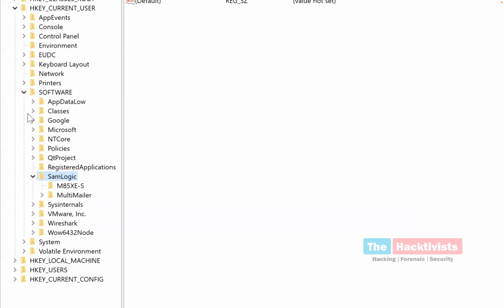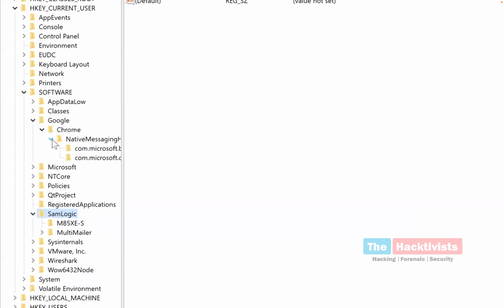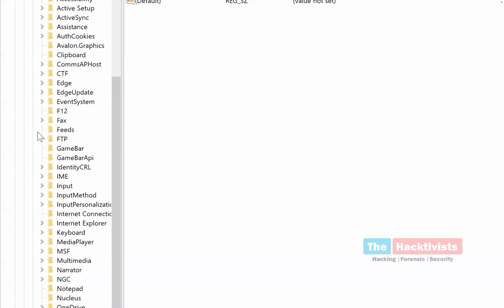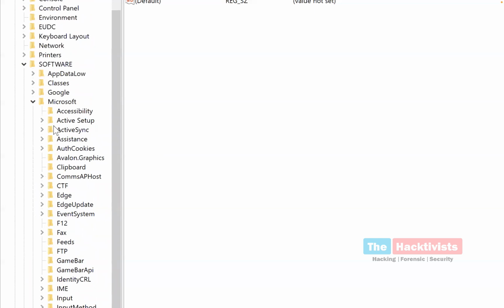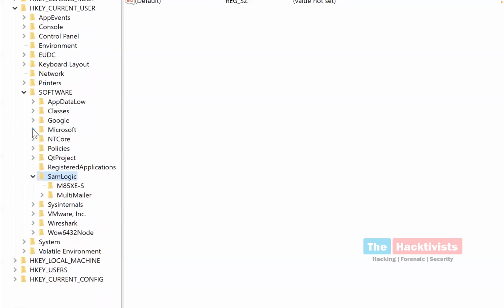So basically if you see Google Chrome, there are multiple things, one folder, subfolder, and then multiple things. Likewise there might be loads of folders which might be available. Here you can see in Microsoft there are loads of things going on. So if your application has multiple folders, definitely you need to go through them and that might be a time-taking